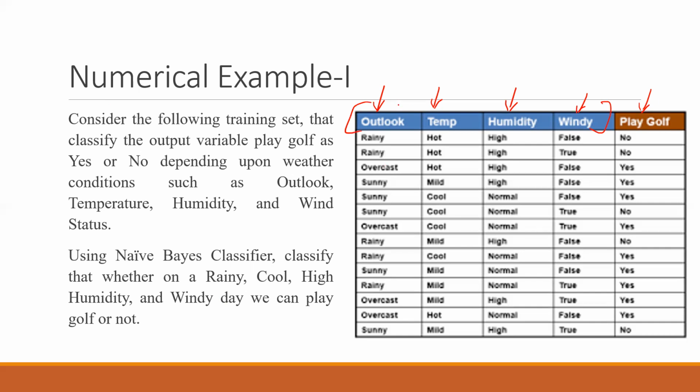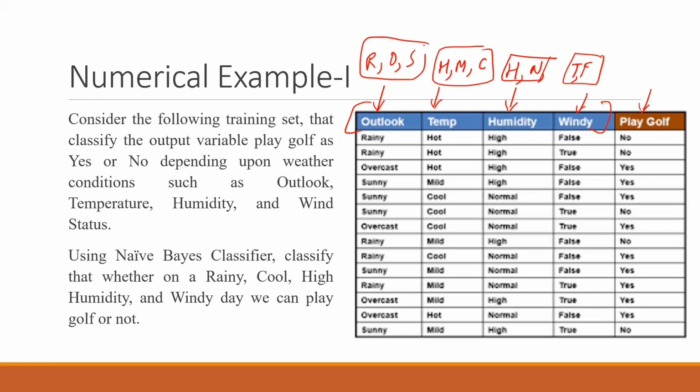So in the outlook you can see clearly that there are multiple classes. Outlook has rainy, overcast, sunny, and temperature is hot, mild, cool. Humidity is high, normal, only these two. Windy is true or false, right? So windy has 2 classes, humidity has 2 classes, 3 classes for temperature, 3 classes for outlook. So given these combinations, you have to decide whether to play golf or not.